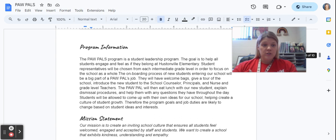They'll introduce them to our school leadership team, Mr. Ledford and Miss Lynn. They will show them where the nurse's office is, where all the special classes are, and they'll also introduce them to me, the school counselor. Some other things that Paw Pals do throughout the year, they help with projects such as field day things. They help with our movie day